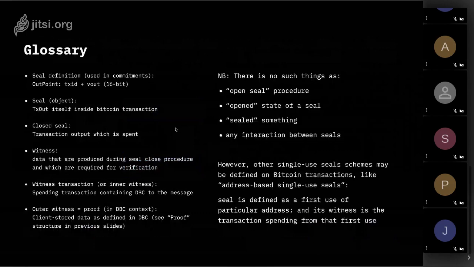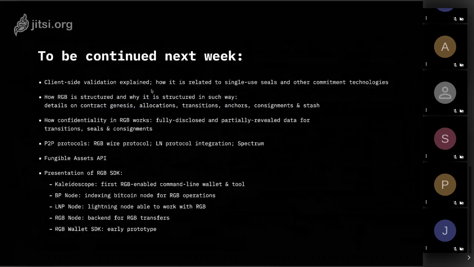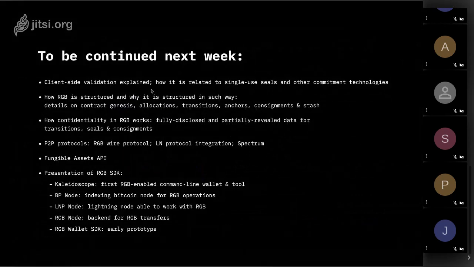So the next time we will have single-use seals, then client-side validation explained, how it is related to single-use seals and other commitment technologies, how RGB is structured and why it's structured in that way from these components, and what is contract genesis, allocations, transitions, anchors, consignments, and stashes, again, at data structure level and API level. How confidentiality in RGB works, what is fully disclosed and partially revealed data for transition seals and consignments, P2P protocols related to RGB, RGB wire protocol, LN protocol integration, and the Spectrum, which is also a P2P protocol,